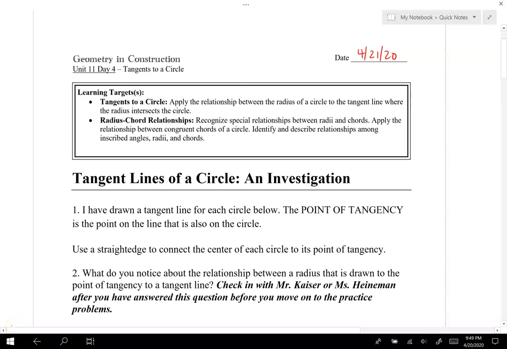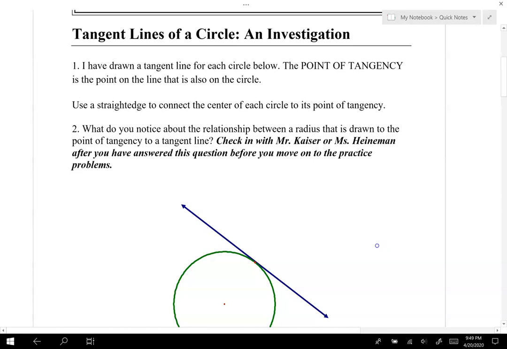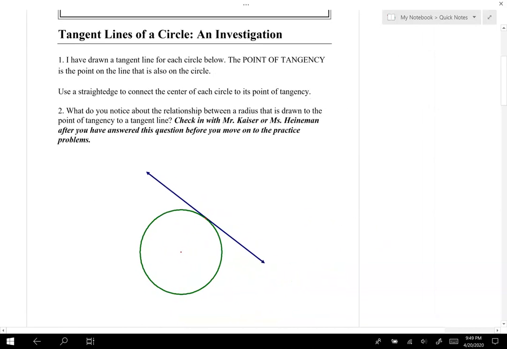It is April 21st, and we are going to cover tangents to a circle. That's our focus today. So we're going to do a quick investigation here. I've drawn a tangent line for the circle below. The point of tangency is the point on the line that is also on the circle. So the point of tangency is on the tangent line